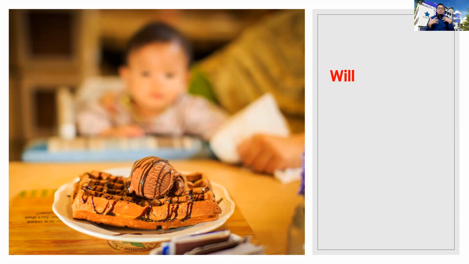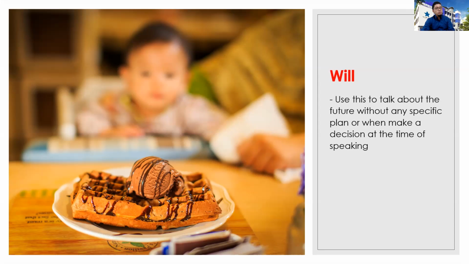So when you speak, at the time of the speaking, you decide the plan. Later in the future, you use will. So generally, this is how you use the tenses of will. Yeah. So it's just verb one after will. There is no -ing, nothing, and every subject, she, he, it, will always use the same verb. Yeah. Will plus verb one.